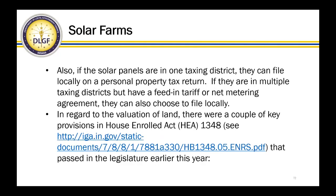If the solar panels are in one taxing district, they can file locally on a personal property tax return. If they are in multiple taxing districts, but they have a feed-in tariff or net metering program or agreement, they can choose to file locally. And last spring's General Assembly legislature, House Enrolled Act 1348 was passed, and one of the key provisions for that